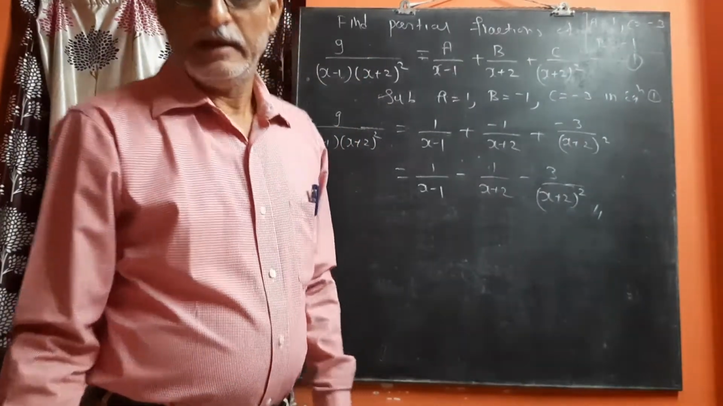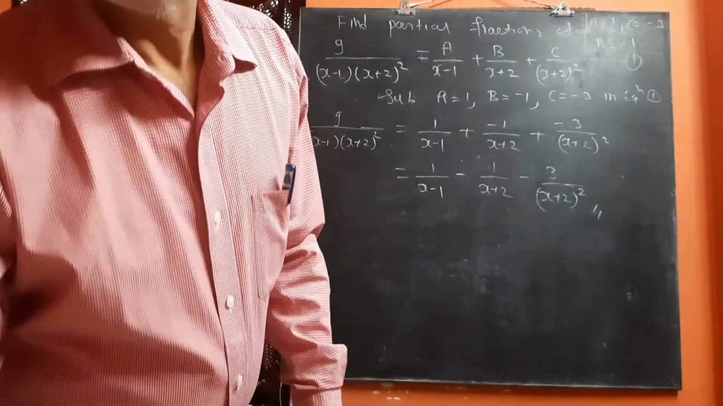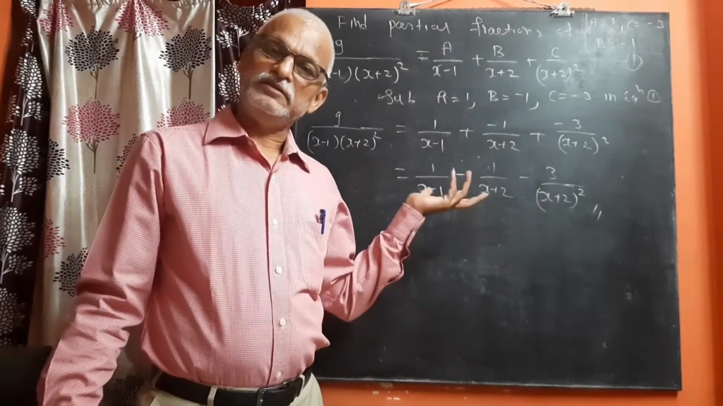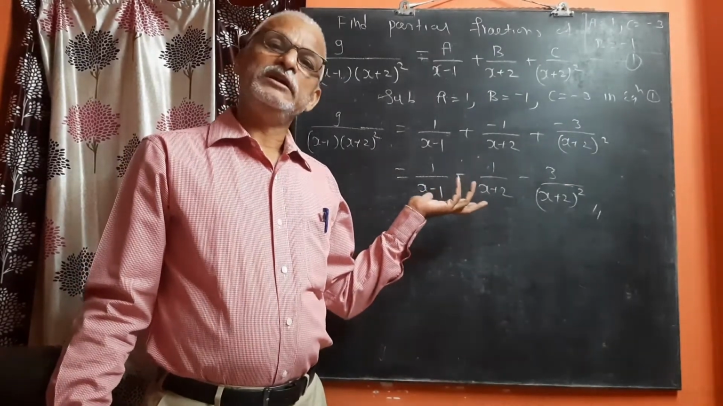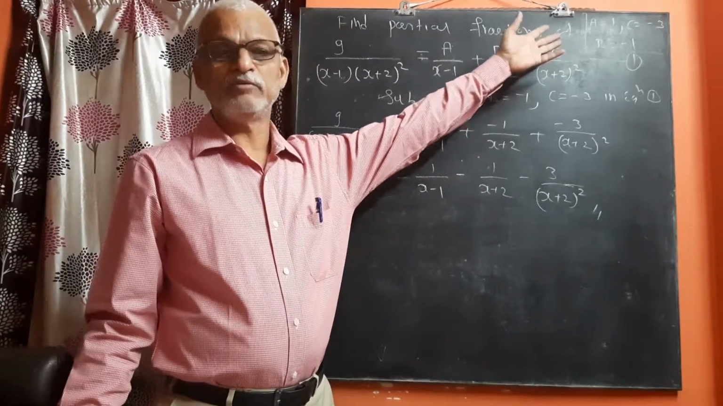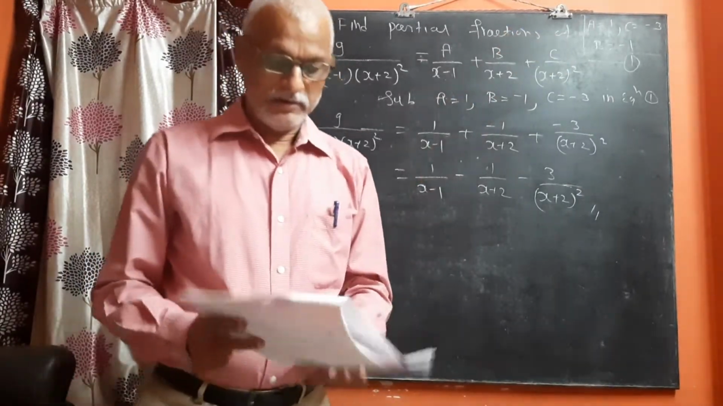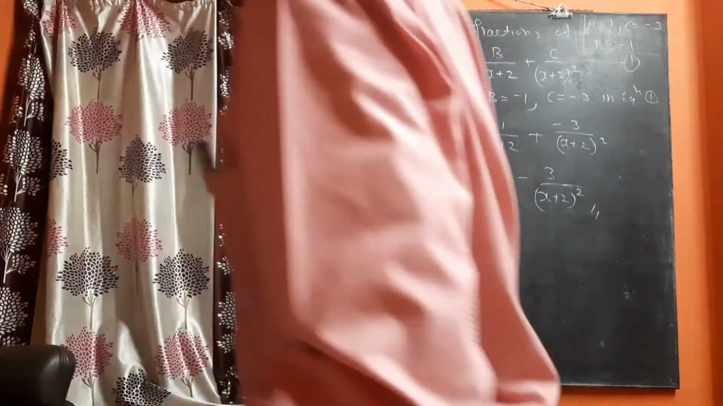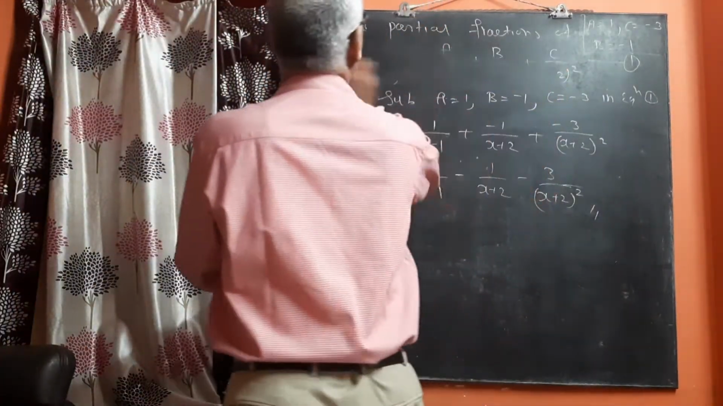If you do it calmly, with care of plus and minus signs, then you will get the perfect values of a, b, c, just like what we have got. Now we will solve one more problem on this one. Let's say that the problem is: find the partial fractions of